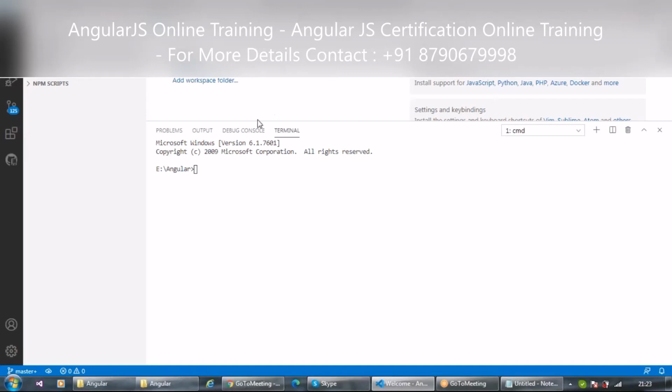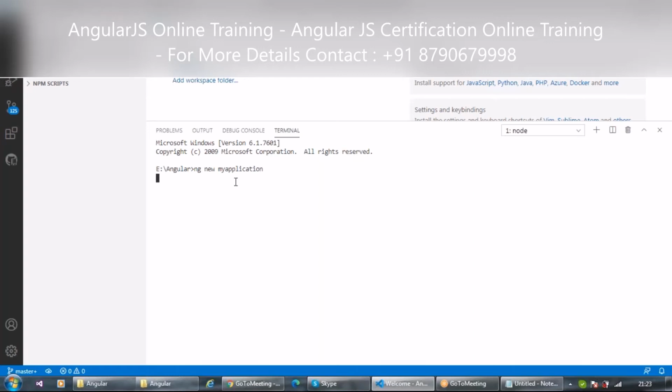Okay. So likewise, now I have to create a new application of Angular, so a new project. I want to create a new project. So what I will say to Angular is ng, I want to create a new project. So I will say ng new, this is the command, and I want to give the name to the application I want to create. Fine. So I will say my application. Okay, I'll hit enter.